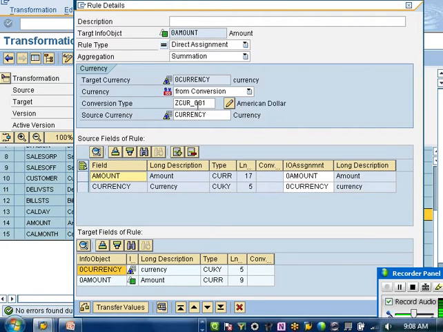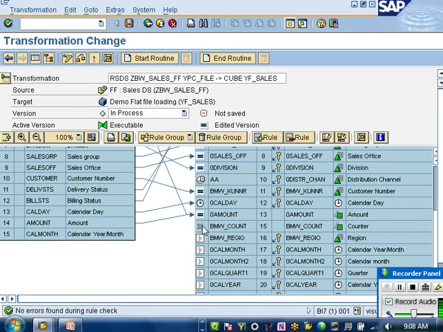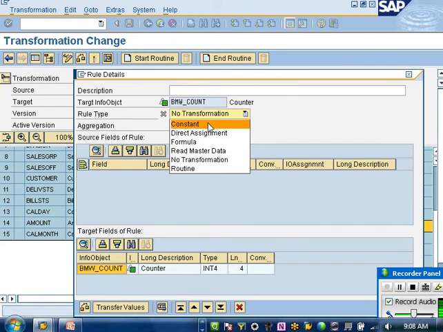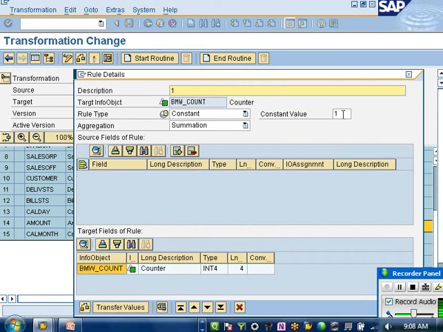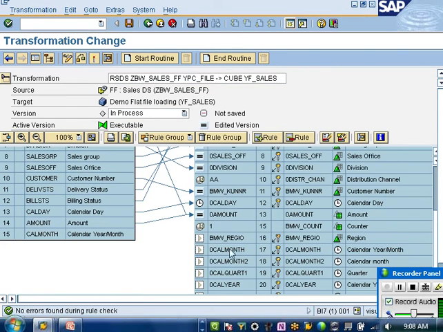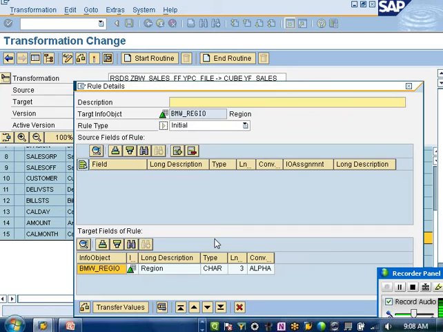The customer will, that's the topic. Then count, I want to have constant as the key here. We can put constant 1 here because we never had this in 3.x. And then region. Now the logic of this region is I want to fill this region by performing a lookup to the customer master. I have a customer number coming from the source. Based on the customer, I want to look up to the master and then fill it.